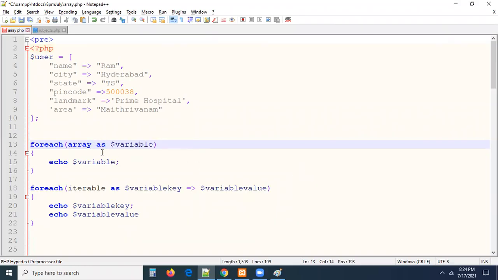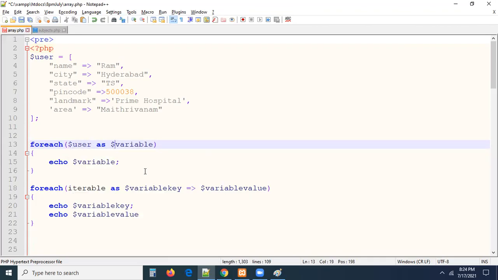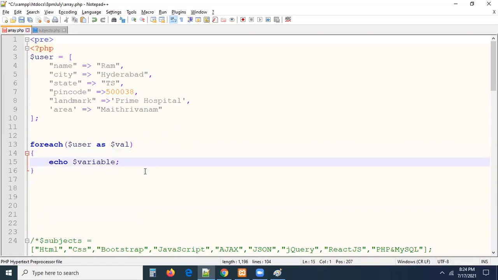The array you want to iterate. What is the array you are having? Try to see what is the array you are having. The name of the array is $user. I am taking this as $val. I'm taking this as $val simply. Now you can check this. This is one syntax, that is the other syntax. Now if we go and print $val,